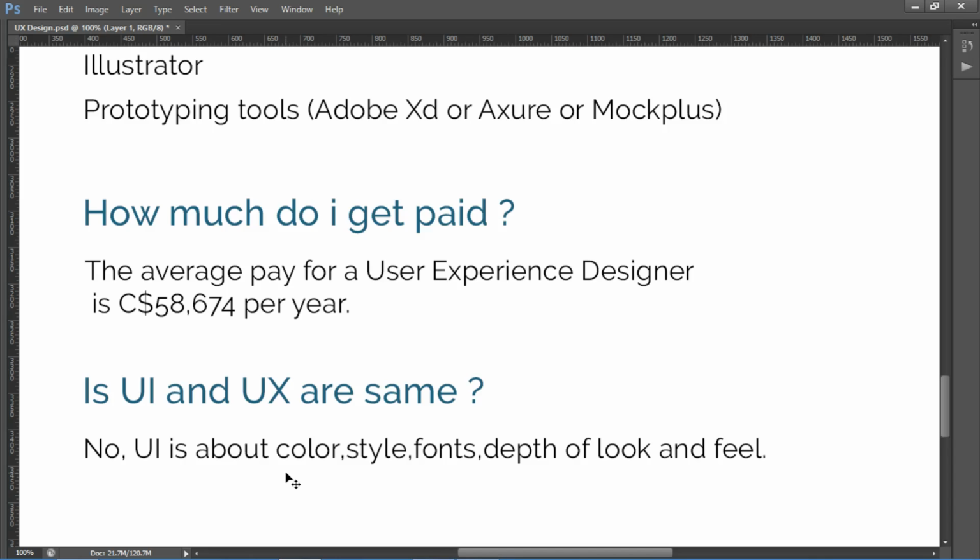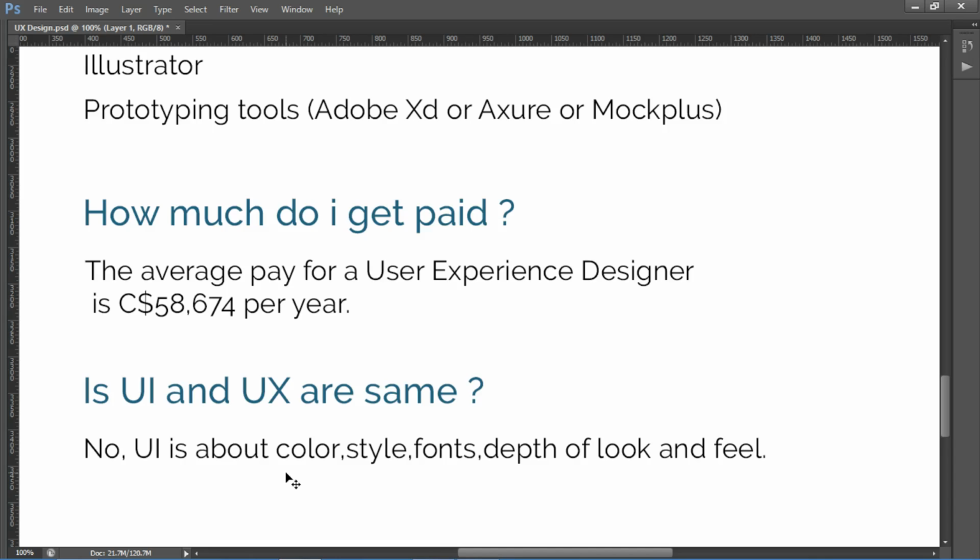UX is about navigation: how a user can navigate from one page to another, how he can use the menu system, what things we should place in the menu system, where we should keep the menu, and what easy things we place in the app so the user can click on it, get satisfied, and use the product again.